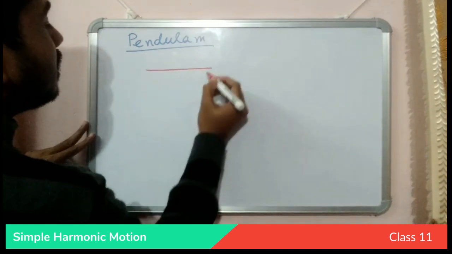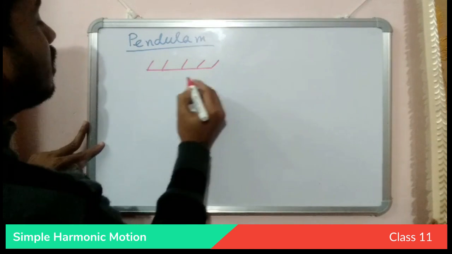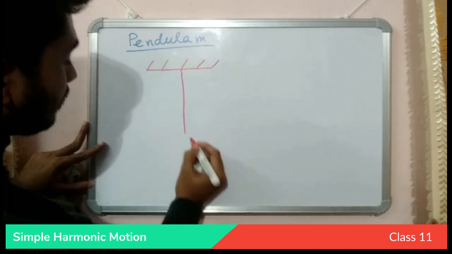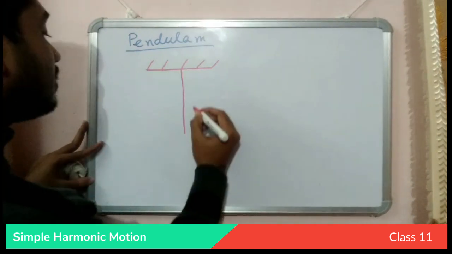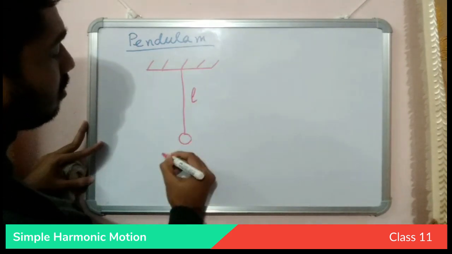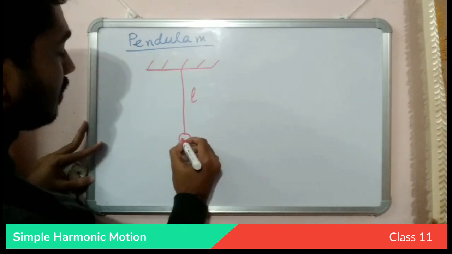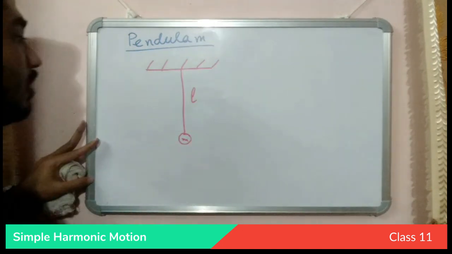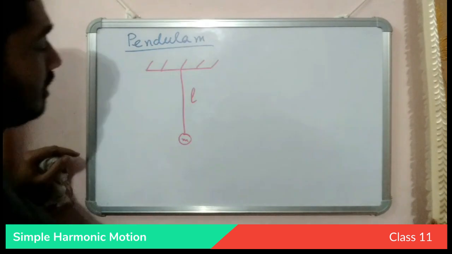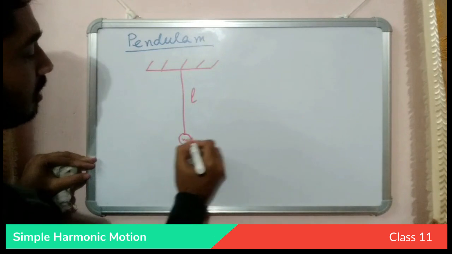A pendulum particularly has two objects. One is a string of some finite length, suppose L, and there is a metallic or non-metallic heavy object of mass M. This is a bob, and it is given a little force here, so it will start oscillating like